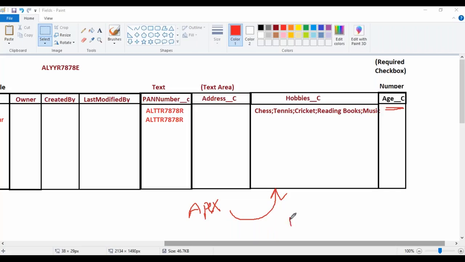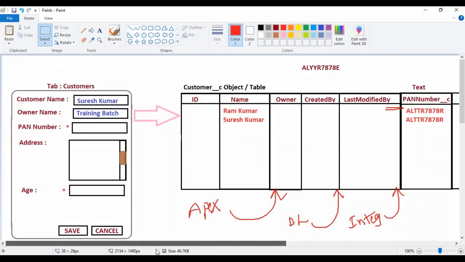I have a tool called a data loader. Through data loader also, I would like to insert some record. At that time, the field is optional here. If I'm inserting the record through integration, then the field will be optional here. That means, if you make the field mandatory only at the user interface level, upon